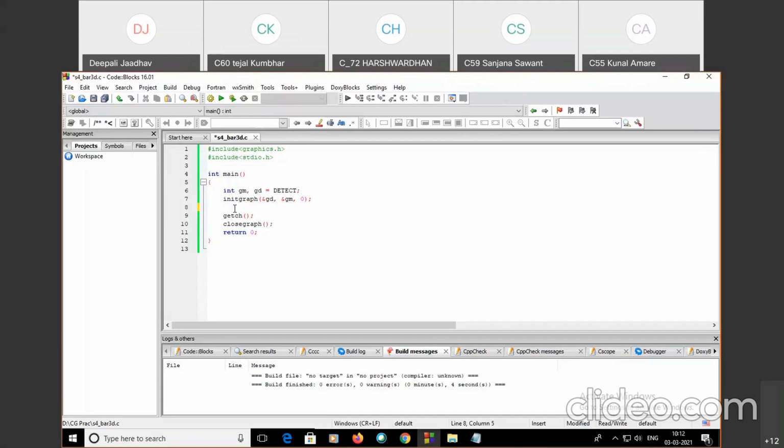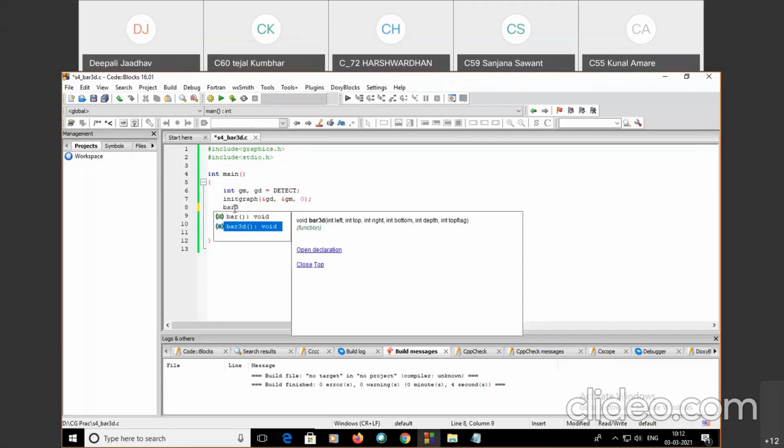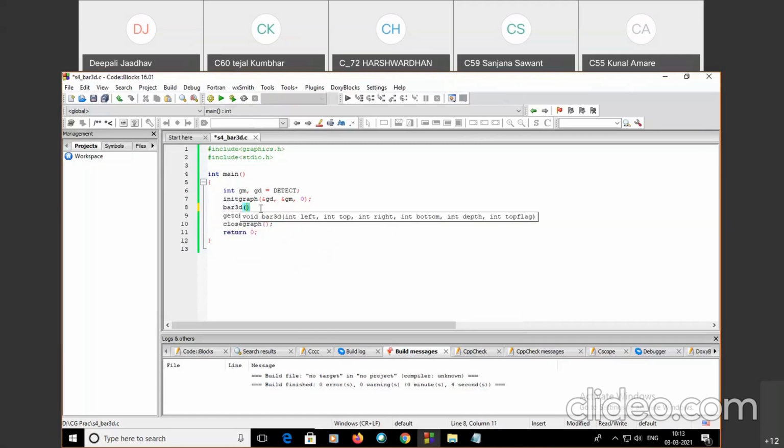So I'm going to draw it here, bar3d. See here, it directly gives you, and here you can see the open declaration: bar3d is int left, int top, int right, int bottom, int depth, and int topflag. So first I need to enter left.